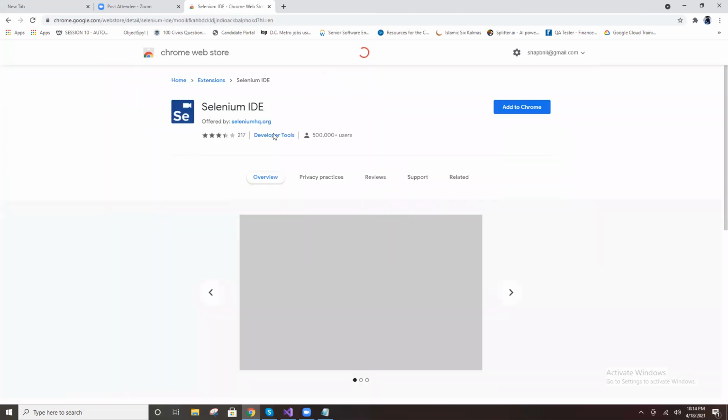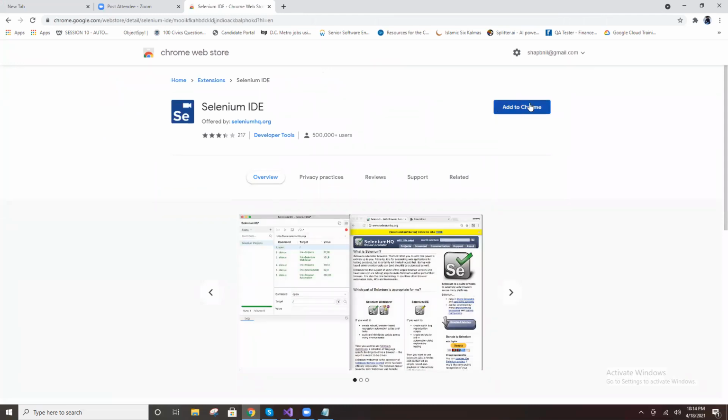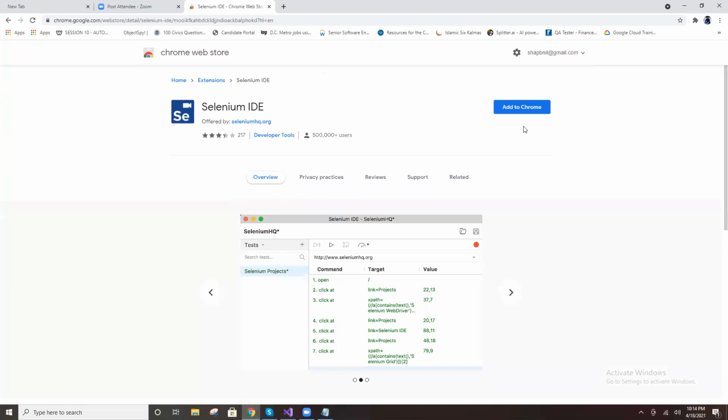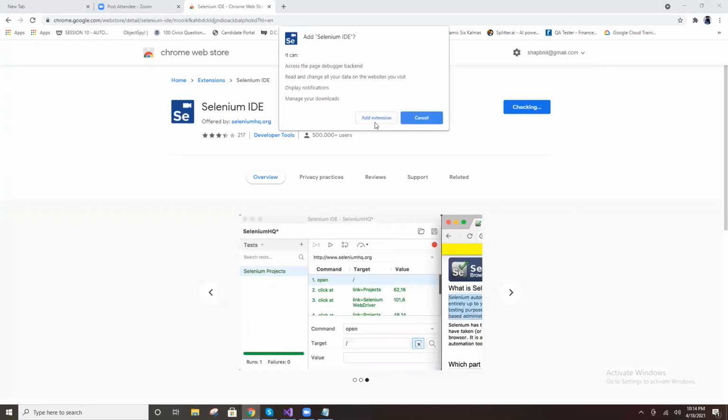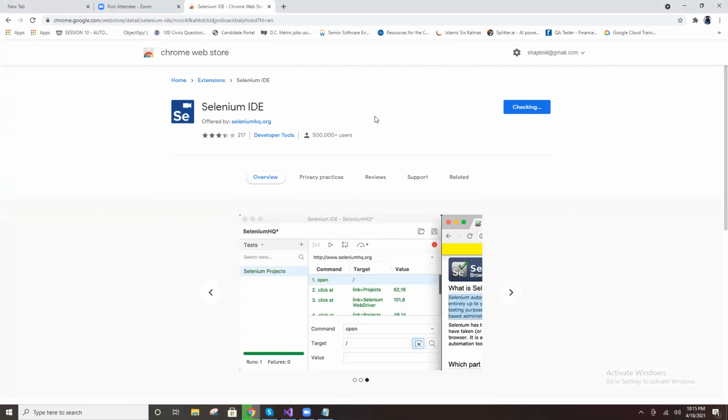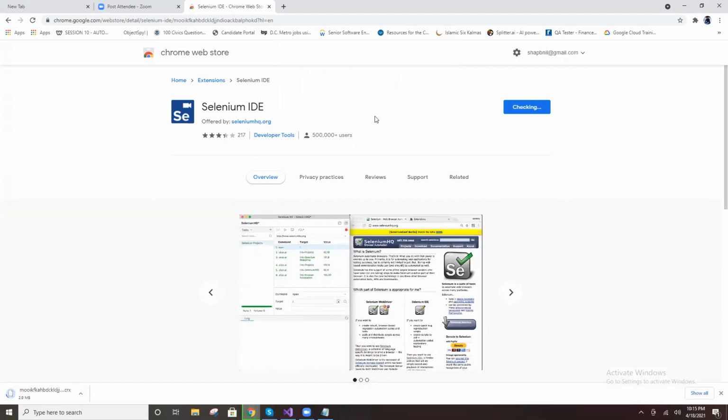Add to Chrome. This is a plugin. Selenium IDE is a small plugin for browsers. Just click add extension. That's it. No need for any specific installation. Just a plugin.